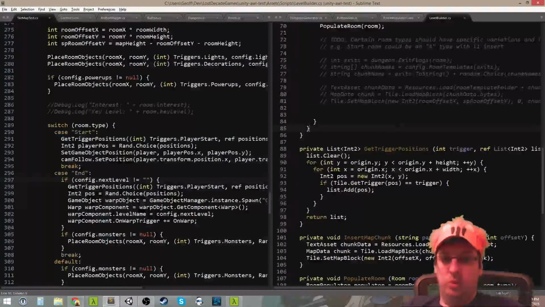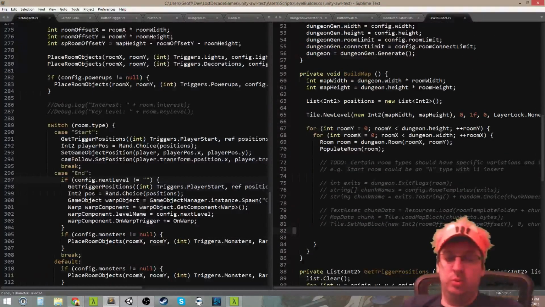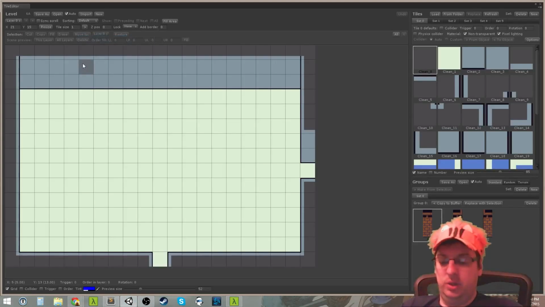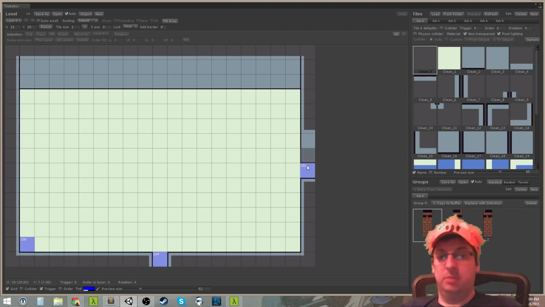The other thing about the sprite tile data is that it's where the triggers live. For example, in this room, there's a trigger in each of the doorways, which is where we can potentially put door blockers like the toggling wall. And this trigger over here is where we would fill the interior of this boring looking room